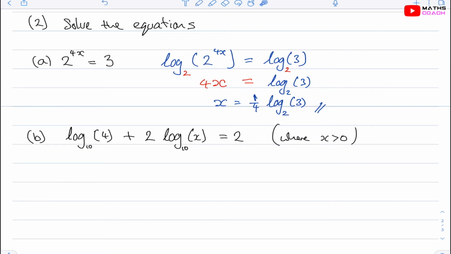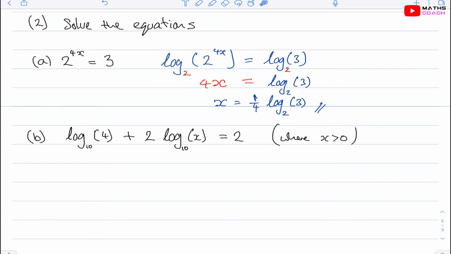We have the log of 4 to base 10 plus 2 times the log of x to base 10 equals to 2. Now in this equation, the unknown x is inside the log. So we can't really get to the x itself unless somehow we can get rid of the log from each of those terms. And to get rid of the log, we need a single log term. And we saw in the first example how to turn a two-term log into a single log term by using